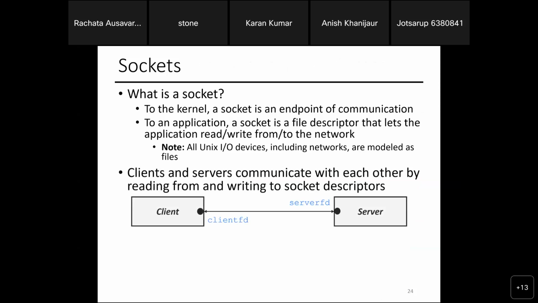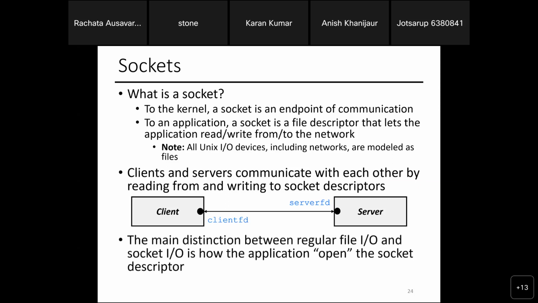And now you have the server FD, server file descriptor, and the client FD, the client file descriptor. This way, I can write to the server FD. I can read from the server FD, which means I can send and receive the data. The server can do the same, read and write to the client file descriptor. All right.